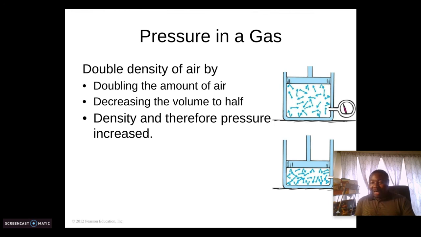If you decrease the volume to half and you still have the same amount of air, then the density is going to double. So if you double the amount of air in a container and you decrease the volume by half, the density will increase, and the pressure will also increase. You can look at it for the first case. You see some molecules, and you see a pointer that measures the pressure, and you see that if you reduce the volume, the pressure increases too. You can actually see